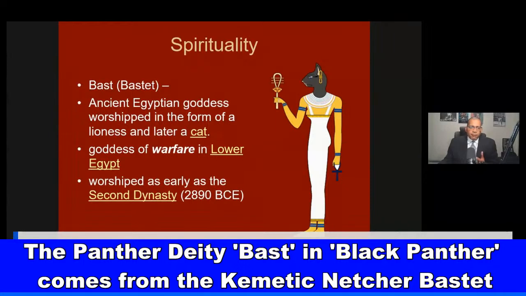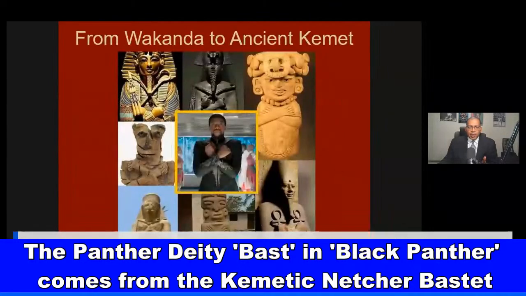Okay, so the film is so deep because it helps reconnect us to African history, African culture, African language, etc. The language spoken in the film Black Panther is isiXhosa, which is a real African language spoken in Southern Africa. And isiXhosa has the click sounds in it also. And we know the click language was the original language.